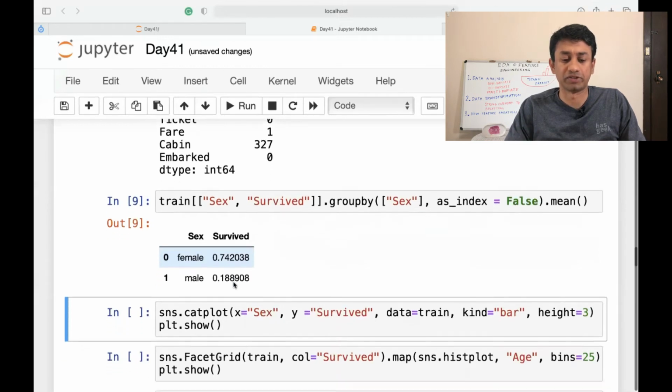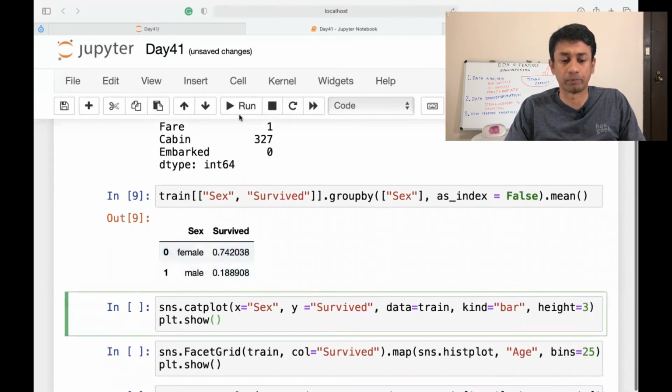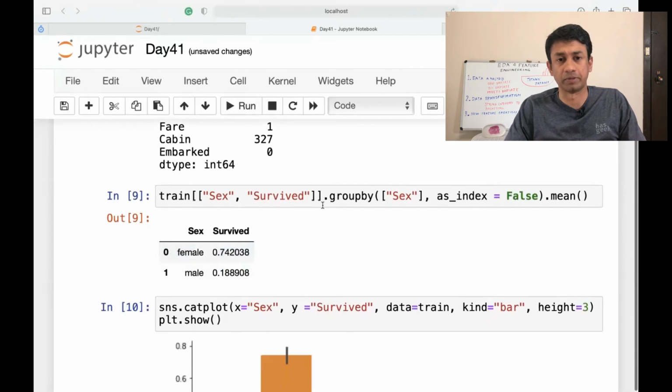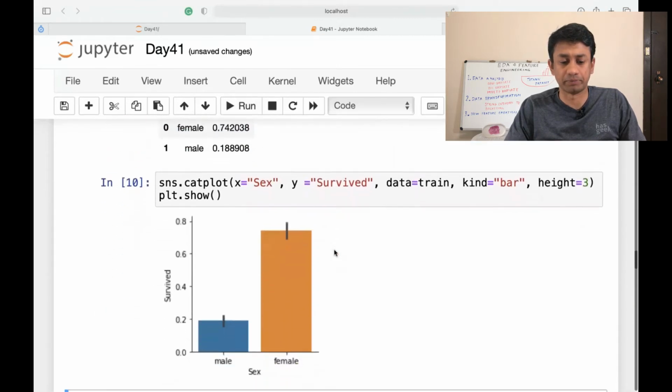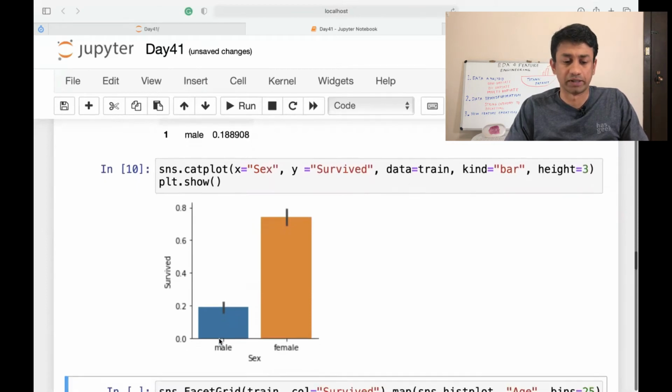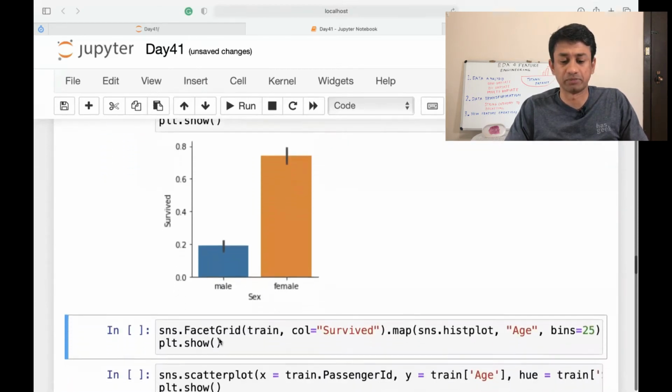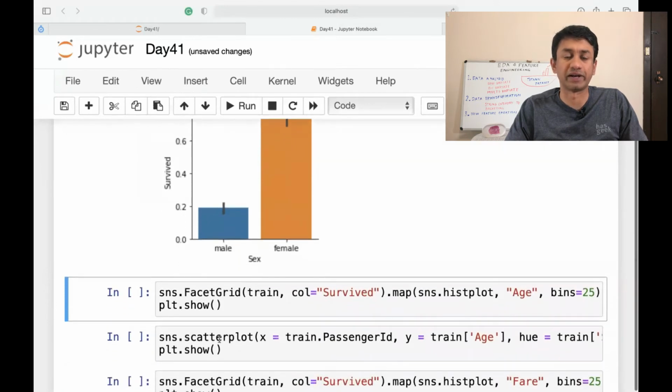So let's say we want to do this on a plot. Depending upon your preference, we can see the same represented in a graphical format. Here we can see the magnitude of the difference. Females had a higher probability of surviving, whereas males had a very low probability of survival in this particular accident. And then moving on to the next one, we are going to analyze how the variable age affects the